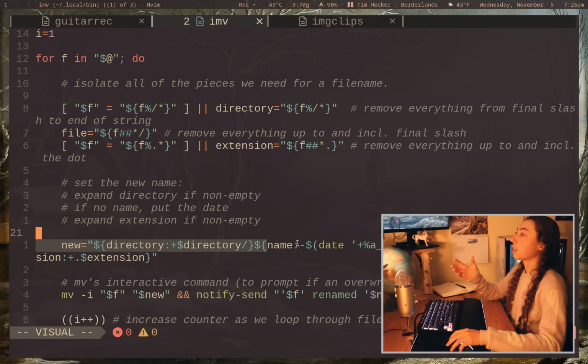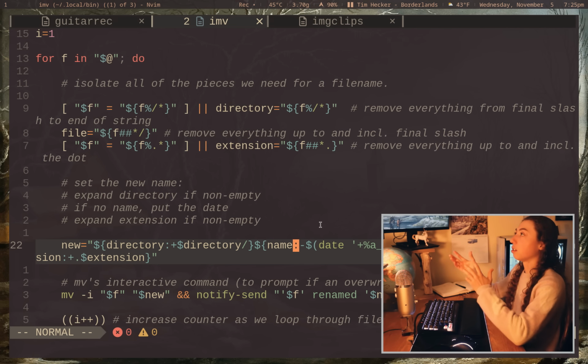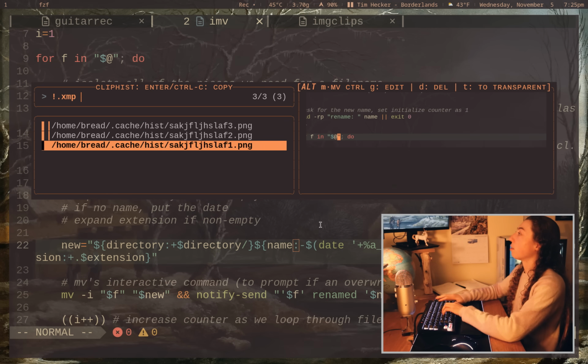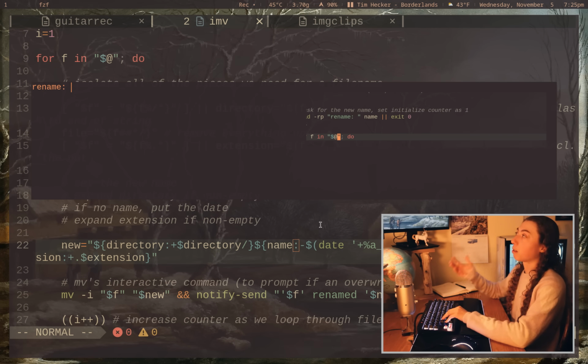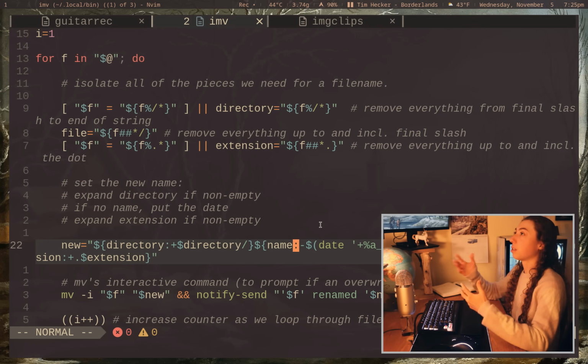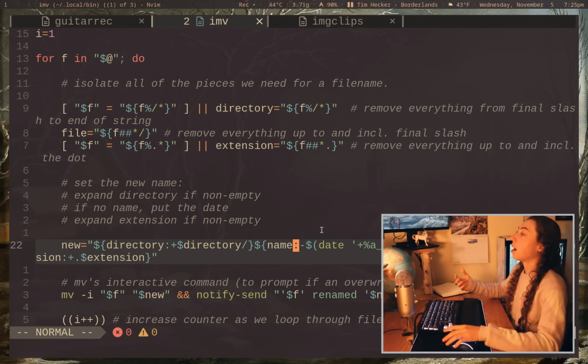But if for some reason that was not added, so say I just prompt to rename and then I press enter without actually entering a name. Actually, I could just show you this. So let me go ahead, rename these again. Let me just press enter and not put in a name. It's just going to name that by the date now, which is intentional, so that way, say I don't have a name for files for some reason, maybe I'm just working through a bunch of files really quickly, I don't know what I want to name them, it'll just name them based on the date, so that's why I have